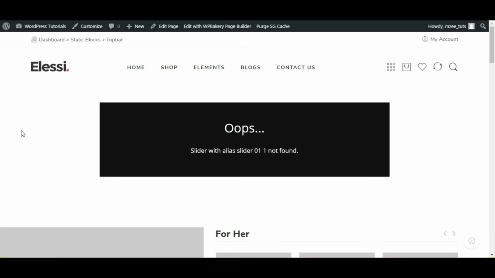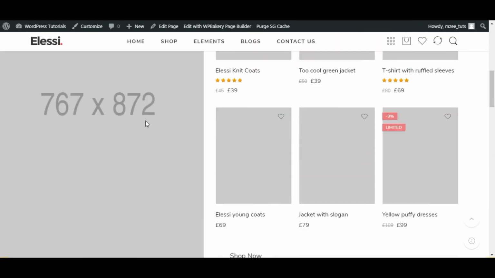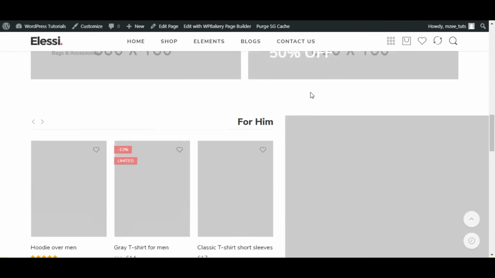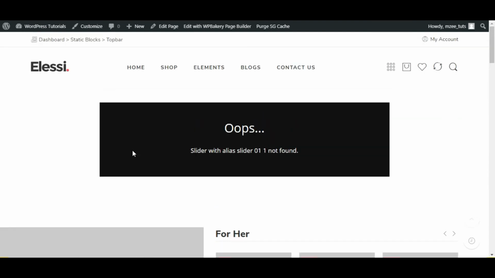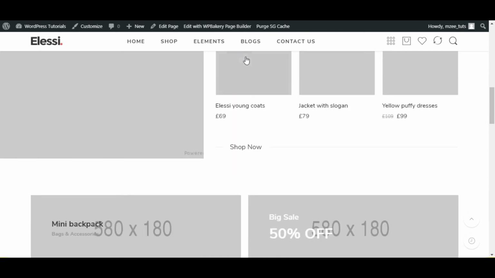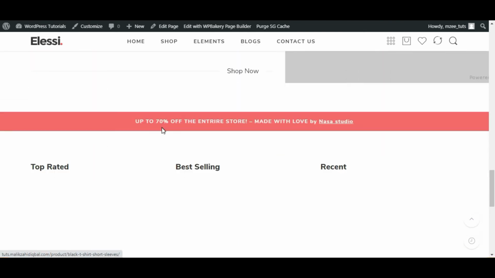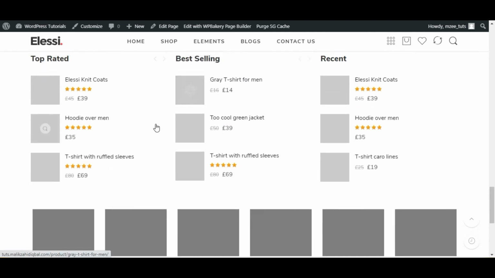And here you go, you have the complete demo imported into your WordPress website. Because the images are premium, they have purchased the licenses for, so they don't provide these images inside the demo. So that's why we see here that only the placeholder images here. But all the theme options and everything is successfully uploaded to your hosting.